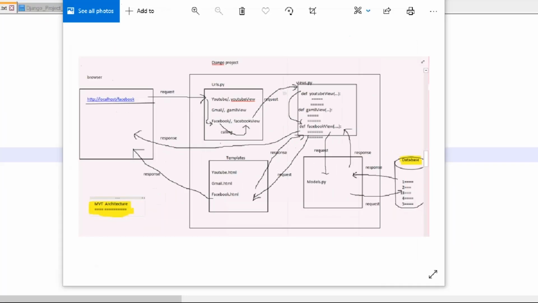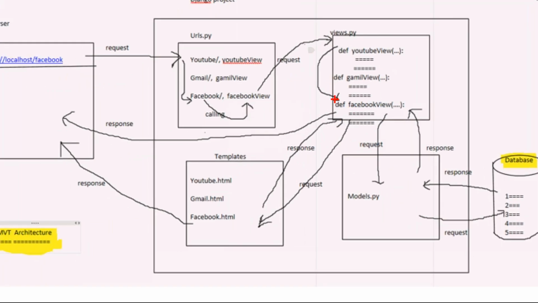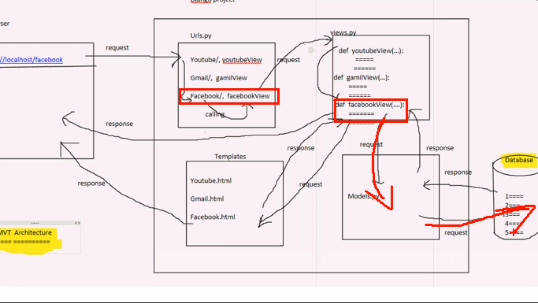And this is the view that finally matched because of this URL. Our view sometimes interacts with models to manage the database. Via the model we communicate with the database and get the response back, and that data we give to the views program.